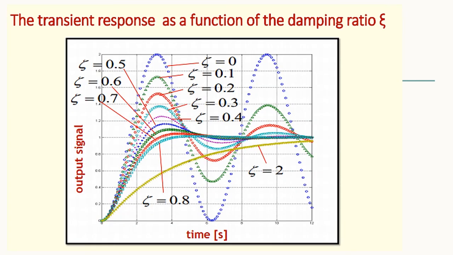Now let us consider the variation of zeta for a particular control system. When zeta is equal to 0, the system oscillates at the natural frequency. As we increase the value of zeta, the oscillation reduces and it reaches the steady state value. Now, what do we understand from this is